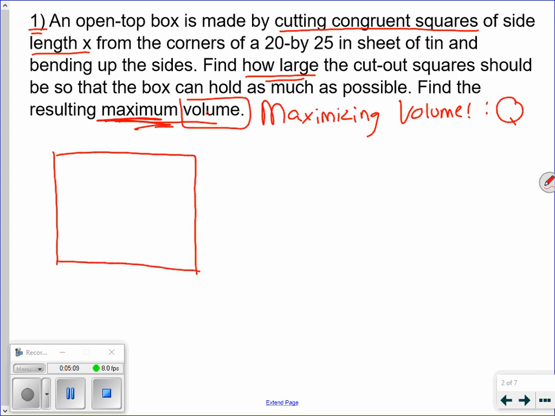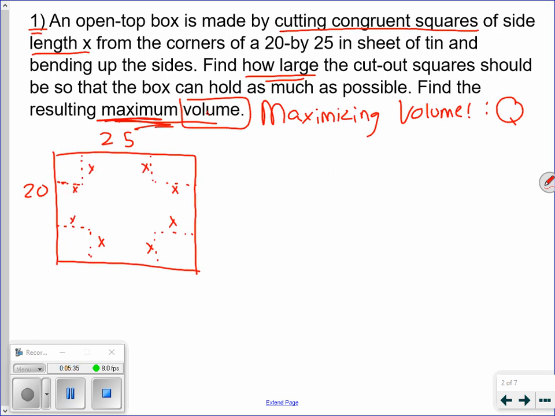All right, this tin is 25 inches by 25 inches. Okay. Now, what's happening is we're cutting little squares out. These dotted lines we're cutting out, and these sides are going to be length x. Do we see that? Do we see we're going to cut out squares of length x from this sheet of